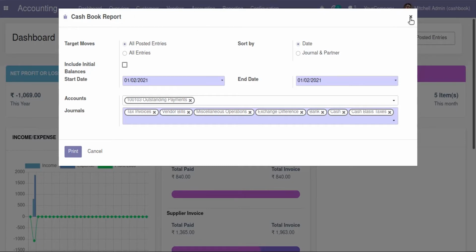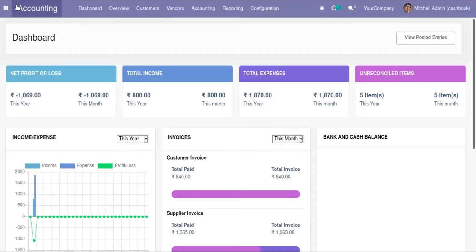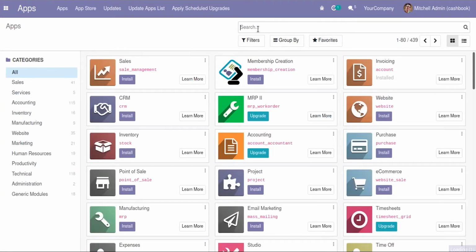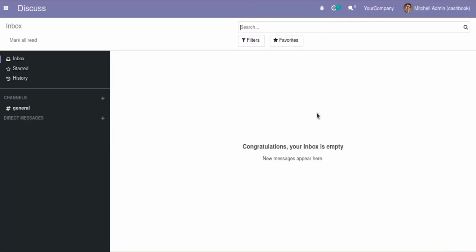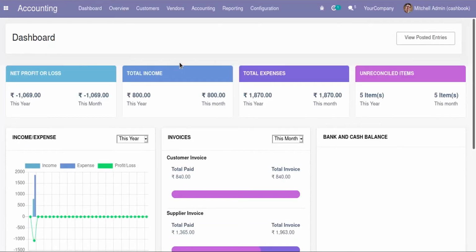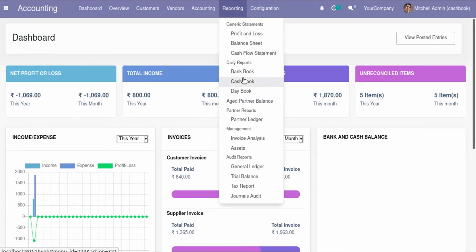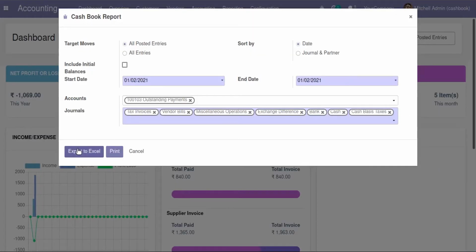We are going to install our module account cashbook, which will help in printing the XLS report for the cashbook report. Going to apps. Now when we go to reporting and the cashbook, we can see that a new